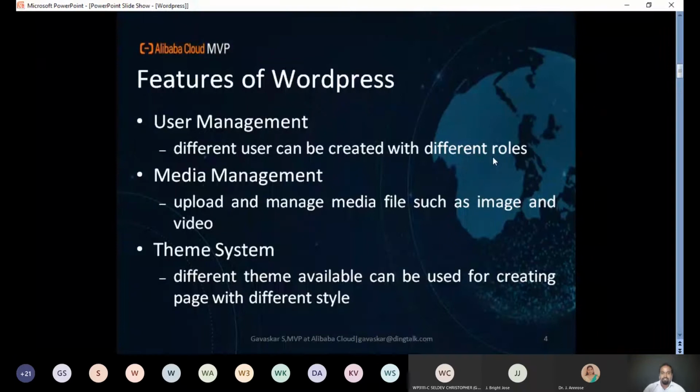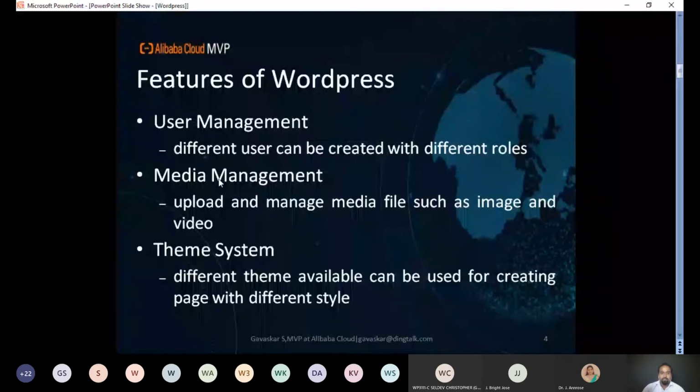So what you can do here is create different users with different roles, and you can assign a username and password for them. They can manage the website of that particular department. So a faculty member or administrator who is assigned to the CSE department can manage the pages that are used by the CSE department. That is the advantage of user management.